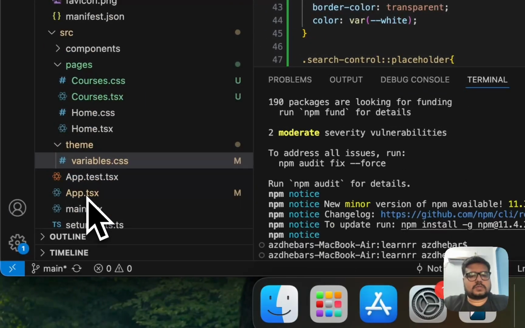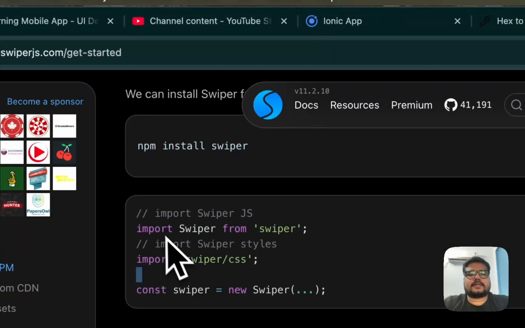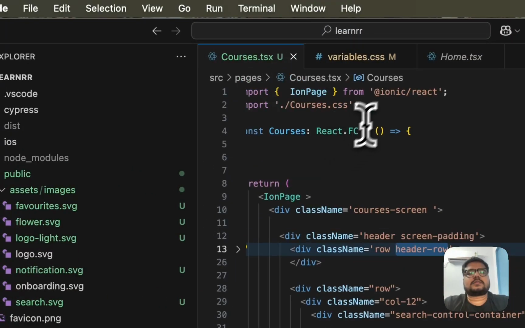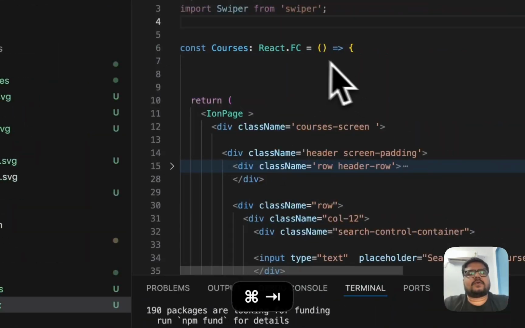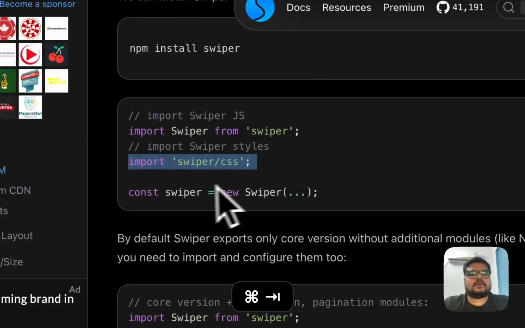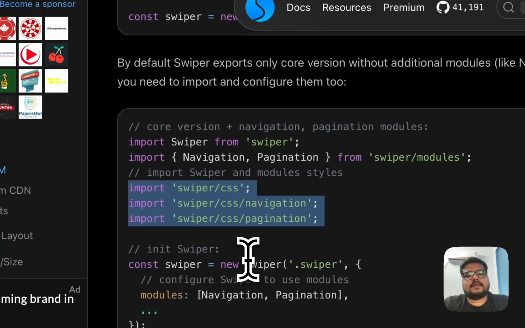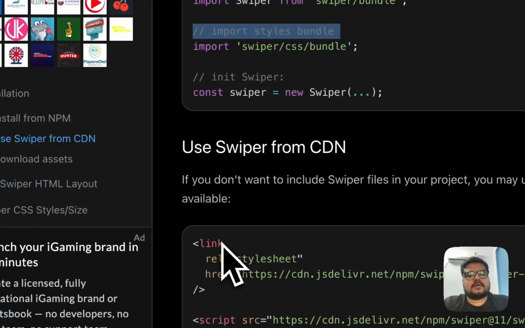Okay, so Swiper is installed. Now you can use Swiper like this. I will import this only in the courses. Import swiper.js, CSS, and then we don't need navigation. Okay. Now,